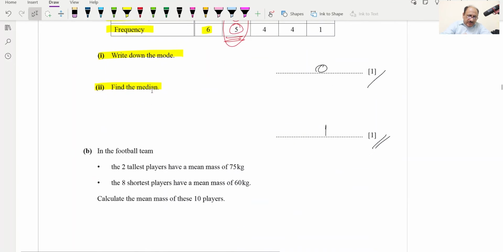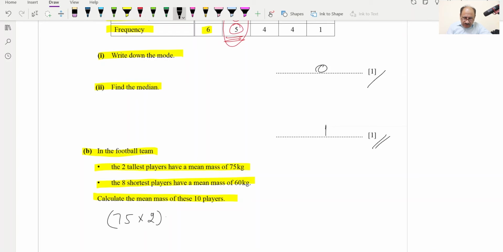In the football team, B part. The two tallest players have a mean mass of 75 kg. The 8 shortest players have a mean mass of 60 kg. Calculate the mean mass of these 10 players. So mean mass will be multiplied by the number of players and we will be adding them. So 60 into 8 and divided by the number of players, which is 10, and this will be equal to